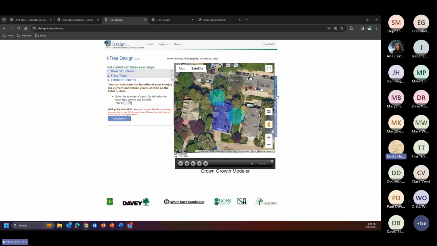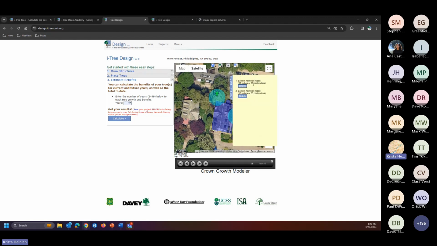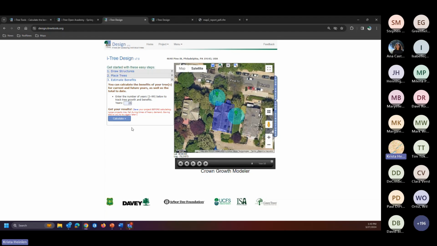Before I leave this particular map, though, when we calculate our benefits, I wanted to show you that you can come back to the information about each of your trees. And if you wanted to delete and enter different information for that tree, this is where you would do that. The same is also available for your structures, and it can remind you what information you entered for everything you're looking at. And I know I'm going through this pretty quickly, but we're going to come back to it later on. Again, we're going to wrap up today by looking at how to think about the results that we get from these different tools